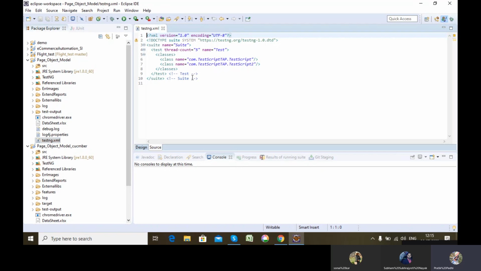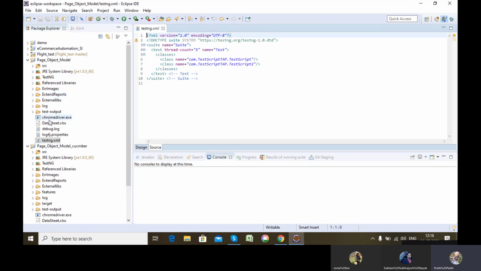He will not understand a single thing, like which test case you are trying to run, or which ones are included in this. So he will not have a clear idea. It is not understood by the client if he doesn't have technical knowledge. But if we use Cucumber, he can understand which test case we are trying to run.